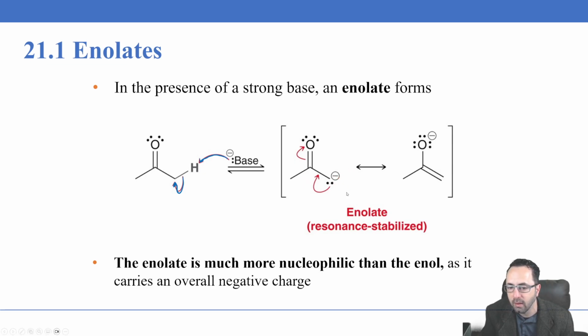And at that point we have this allylic lone pair, so we can draw a resonance structure here where we do our 2 arrows for our allylic lone pair, creating the pi bond here, and then putting these electrons that are in this carbonyl bond on the oxygen. Right, and so we get this negative charge that's resonantly stabilized and distributed across the carbon, the two carbons, and the oxygen. So the enolate is much more nucleophilic than the enol because it has a completely negative